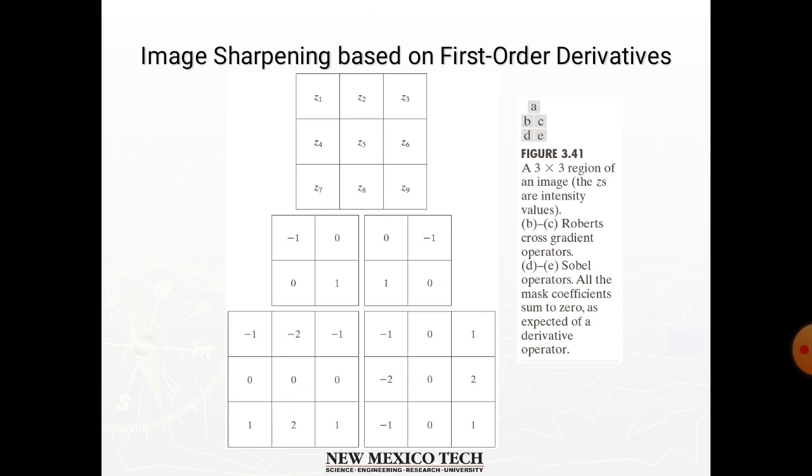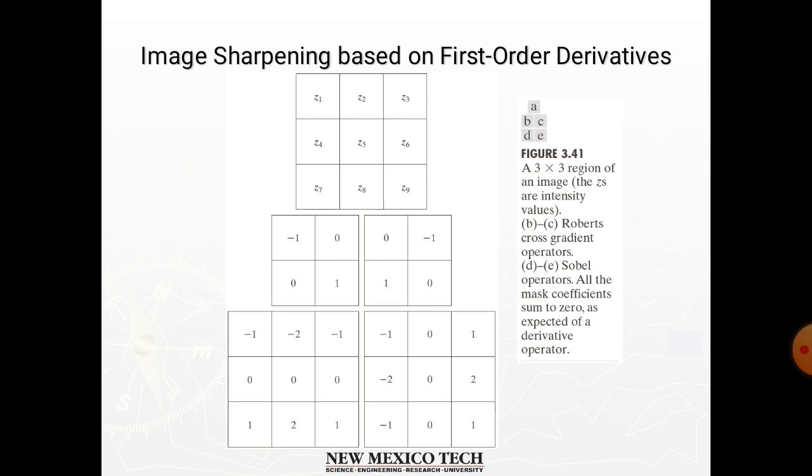The idea behind using a weight value of 2 in the center coefficient is to make the coefficients in all the masks shown in this figure sum to 0, indicating that they would give a response of 0 in an area of constant intensity, as is expected of a derivative operator. As mentioned, the computations of gx and gy are linear operations because they involve derivatives, and therefore can be implemented as a sum of products using the spatial mask.